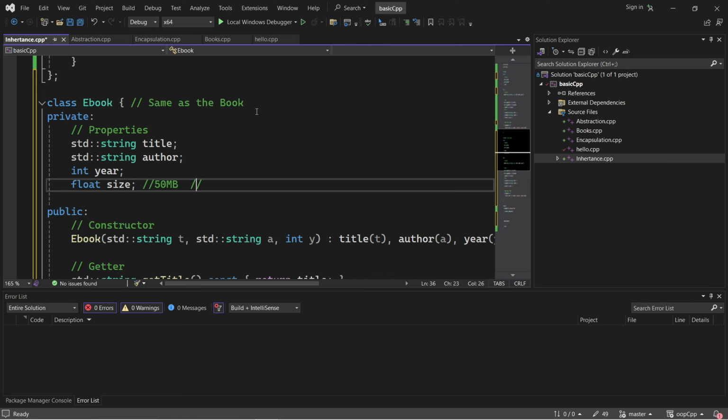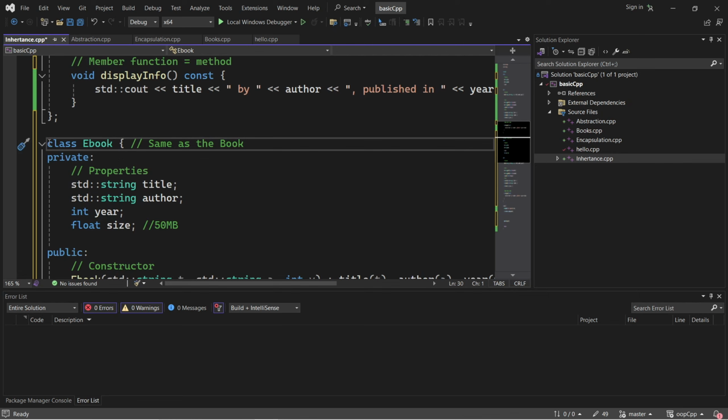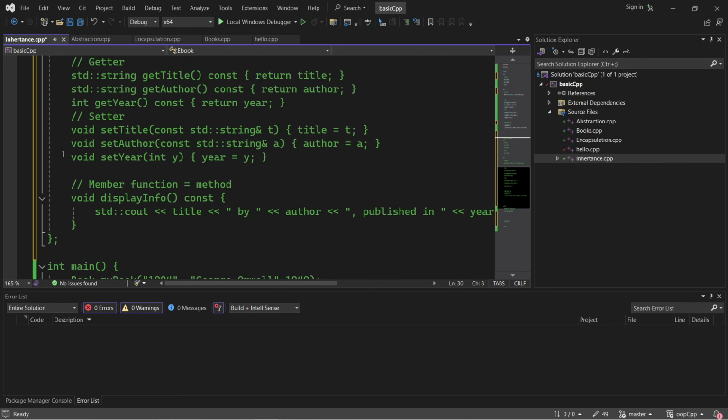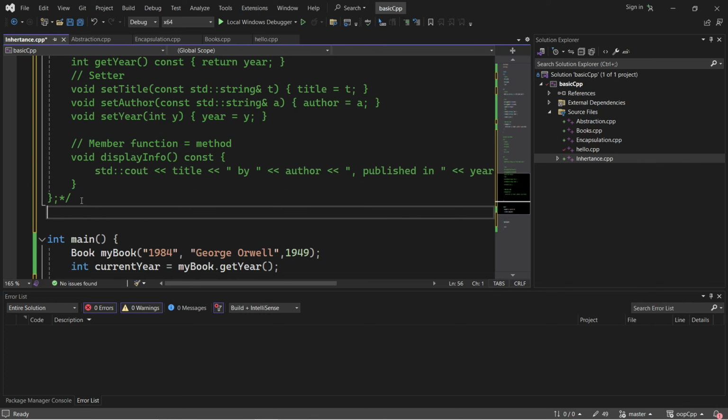This is not needed, so I comment it out and do another way. Another way, I use inheritance to do that, like this.